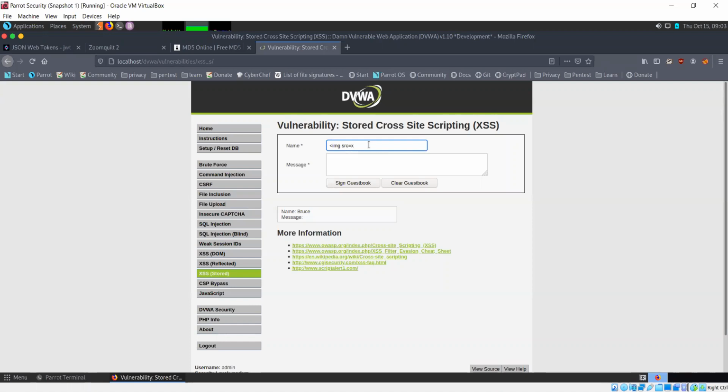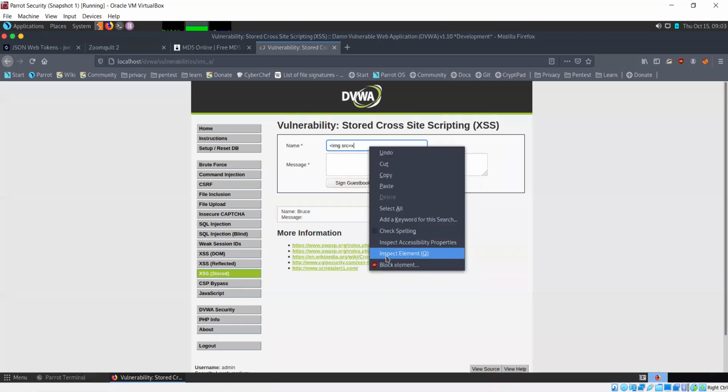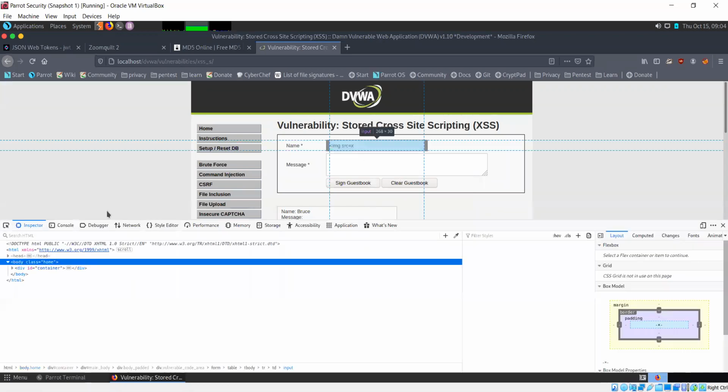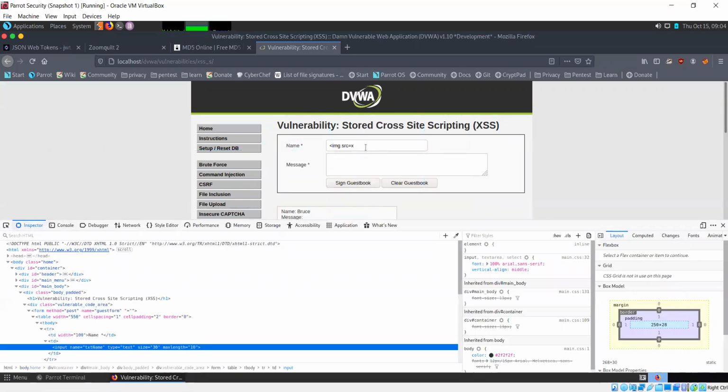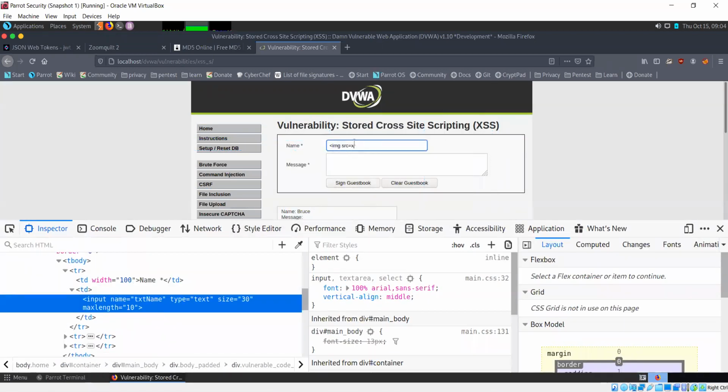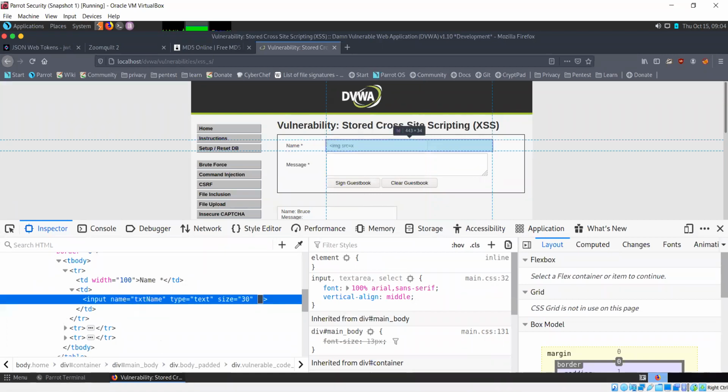Okay, what we can do is, if I look at the source code, if I inspect element here, I'll see that for this input field, the max length has been set to 10. So if I just remove it on my end, removed it.